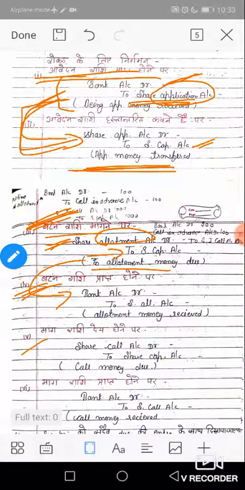Now next, the subsequent call can be only a single call or maybe two calls, first call and second call. If there is a single call, then these two entries are made. If there are two calls, first call and second call, then there are 4 entries in total, the same entries for the first call and for the second call. When a call is due, the process is the same as allotment due: the amount is debited to the shareholder's account, Share call account DR to Share capital account.